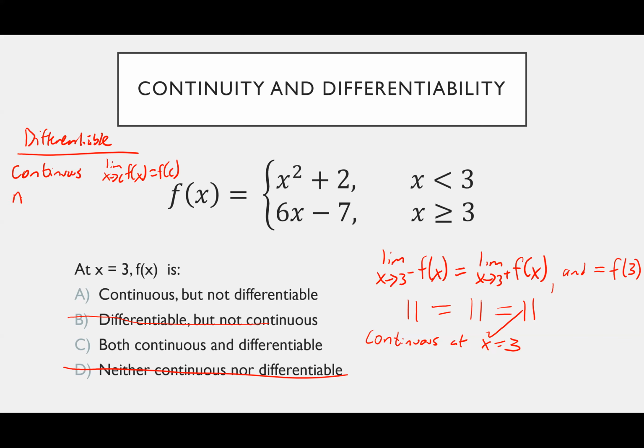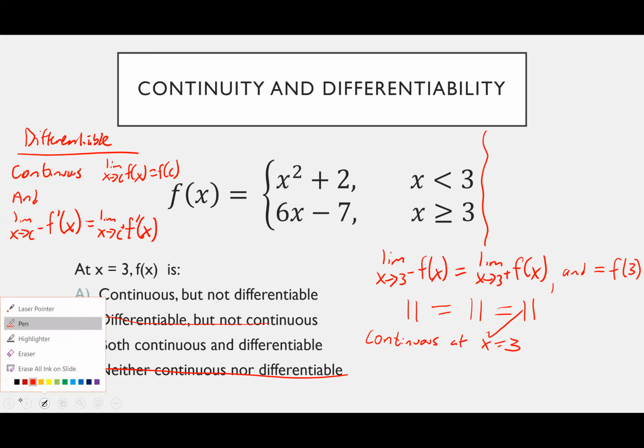And the limit as x approaches c from the left of the derivative must be equal to the limit as x approaches c from the right of the derivative. That's very similar to what we did last time, except instead of plugging into the original function, I'm going to have to derive. So I'm going to go ahead and put a break here, and we'll derive